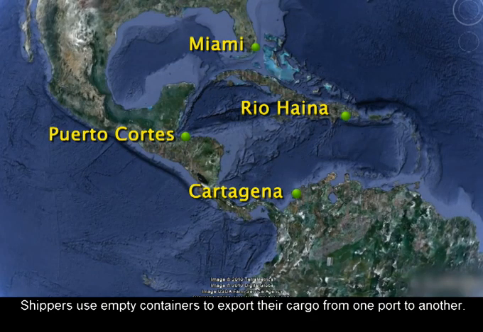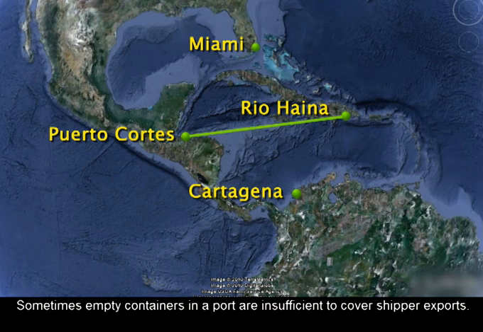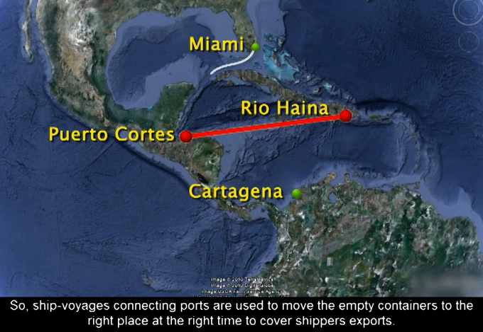Shippers use empty containers to export their cargo from one port to another. Sometimes, empty containers in a port are insufficient to cover shipper exports. So, ship voyages connecting ports are used to move the empty containers to the right place at the right time